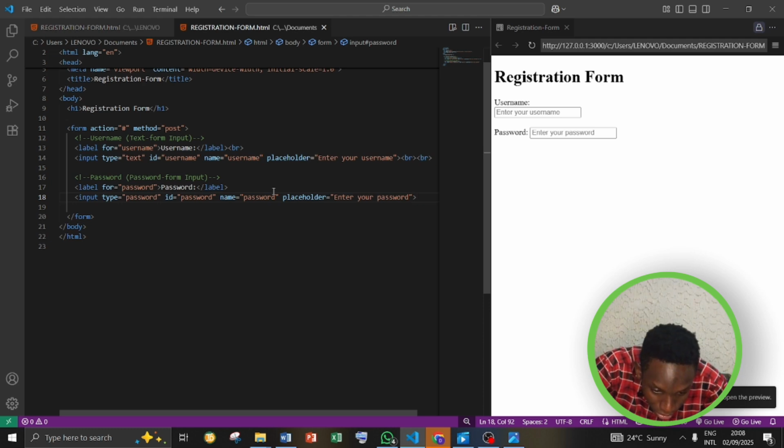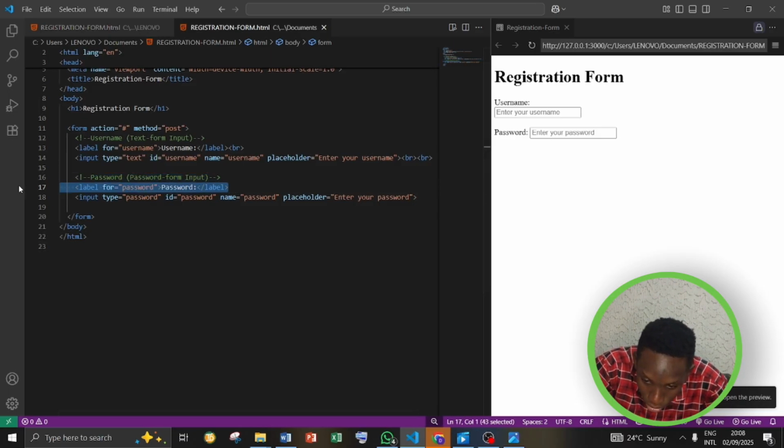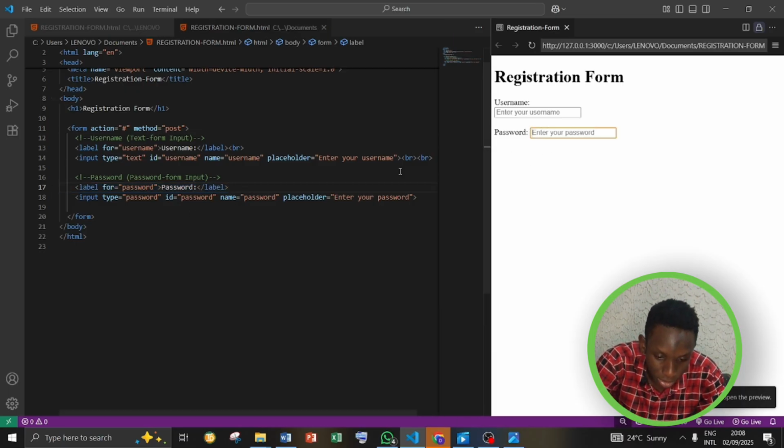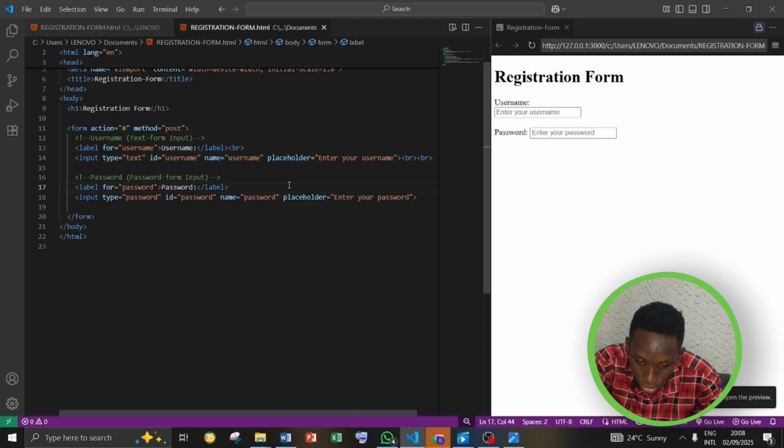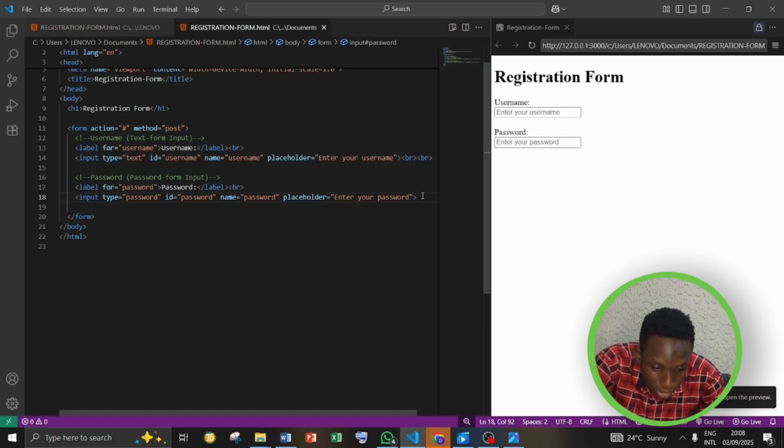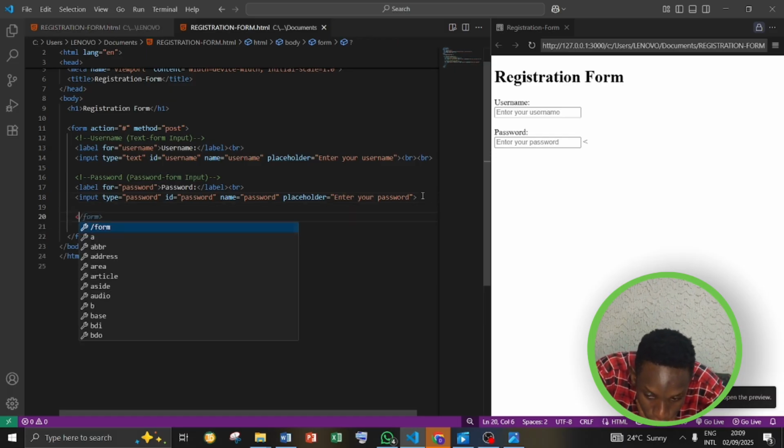We also have a break element after the password text. So we will put it in front of this label as I described. So this label was for the password text. So we will put our break element in this preview so that this bar is going to come downwards to keep a space there. Let's put the break element. So that's what the break element is used for if you didn't know what it was. After the break element, after the password input, the next form input you have will be